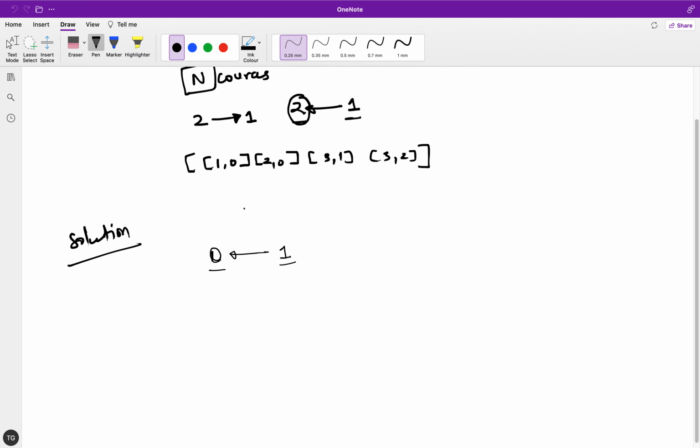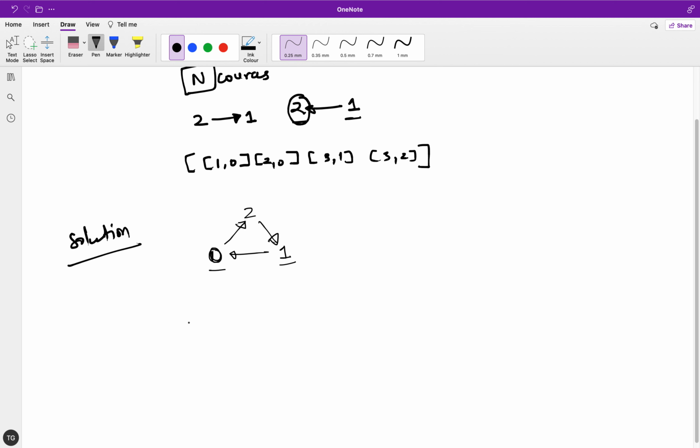Suppose there is a third course which is called 2, and to complete the course 2, you have to complete the course 0, and to complete the course 1, you have to complete the course 2. So there is a cycle in it, right? In this case we will not be able to complete all the courses, in fact not even a single course.